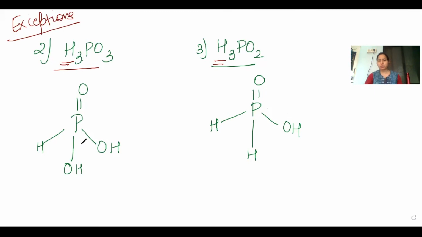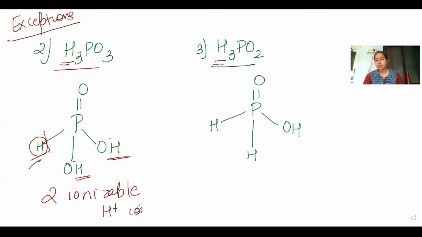You can see H3PO3 यहाँ पे it can give you 1 H plus ion. It can give you 2 H plus ion. क्योंकि ये H plus ion रिलीज कर देगा और पीछे O माइनस रह जाएगा, O माइनस. बट यहाँ पे अगर उसने H का बॉन्ड तोड़ दिया, if you think that this phosphorus atom will break the H bond and give you hydrogen ion, that is not possible. क्योंकि अगर हाइड्रोजन ब्रेक हो गया तो यहाँ पे बॉन्ड टूट जाएगा और मॉलिक्यूल का स्ट्रक्चर स्टेबल नहीं रहेगा. And therefore this hydrogen won't be released. So here we say you get 2 ionizable H plus ions.